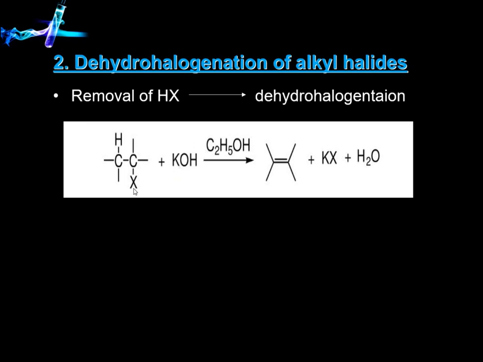It will help in the removal of halogen as well as hydrogen from the molecule, and a double bond will be created between these two carbons. Halogen will be removed and hydrogen will also be removed. This halogen will be picked up by the potassium ions and converted into potassium halide, and this hydrogen will be picked up by the hydroxyl ion and converted into